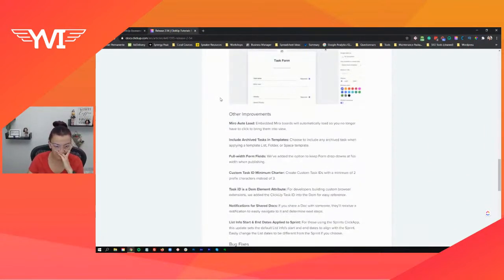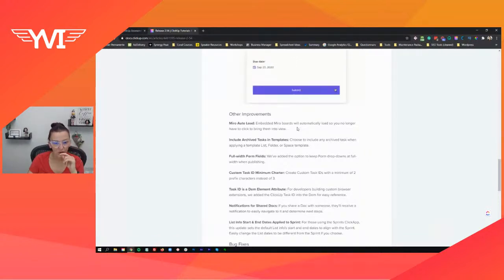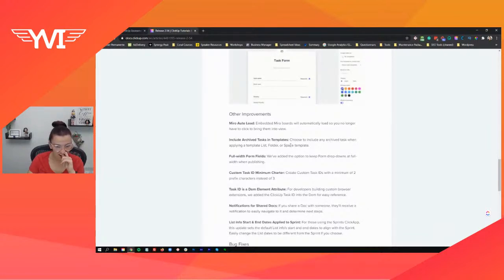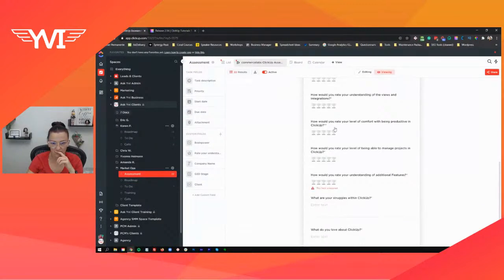So what else do we have? We got a couple of others. Miro auto load: embedded Miro boards will automatically load, so you no longer have to click to bring them into view. Cool. That definitely makes life easier. Including archived tasks in templates: choose to include any archived task when applying a template, list, folder, or space template. I guess there are use cases for that. Full width form fields: we've added the option to keep form drop downs at full width when publishing. Yes. Okay, I like that, because when we go into those,